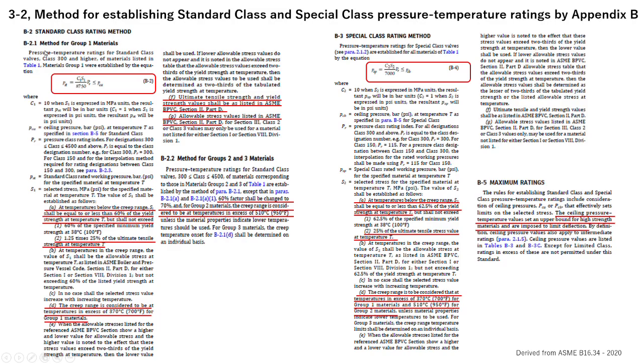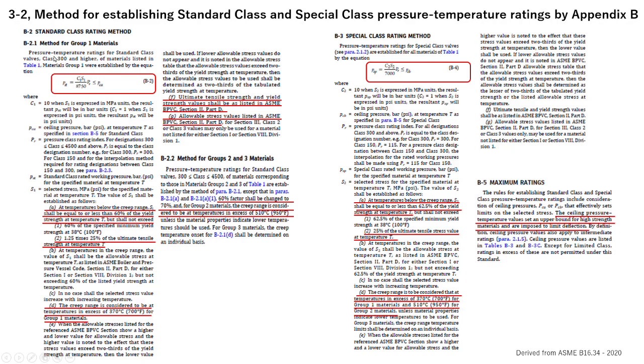And also B-3 is the special class rating method. So there are different methods for standard class and special class. So B-2.1 is the method for group 1 materials. So in case of group 1 materials,